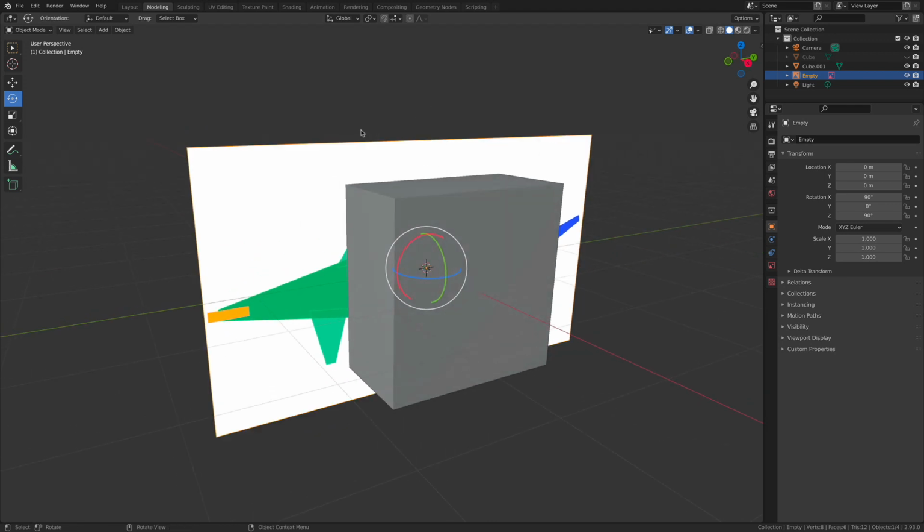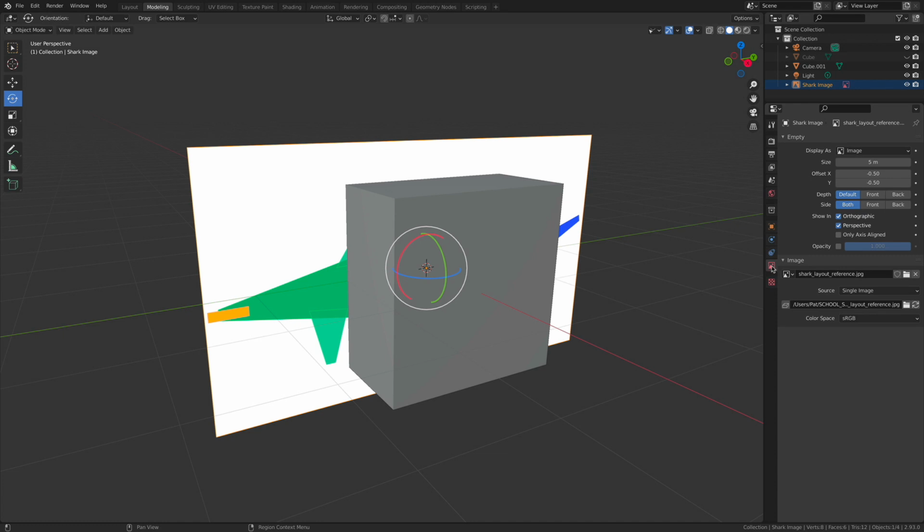The first thing that we need to do is make sure we got our reference image selected. Mine's called empty. If we open up the empty object, you see that there's the actual image itself. Maybe we should give this a good name real fast. Let's just call this shark image. There we go. That way our outliner is nice and clean. And with this object selected, I'm going to go to this property panel right here, the image property panel, because there's some really cool properties in here that's going to make it a little bit more helpful for us when using this image as part of our modeling process.